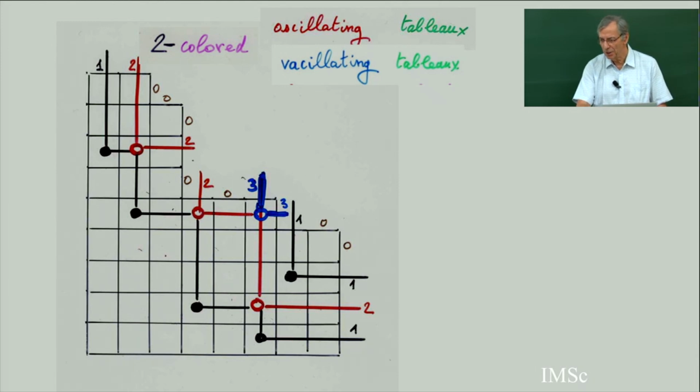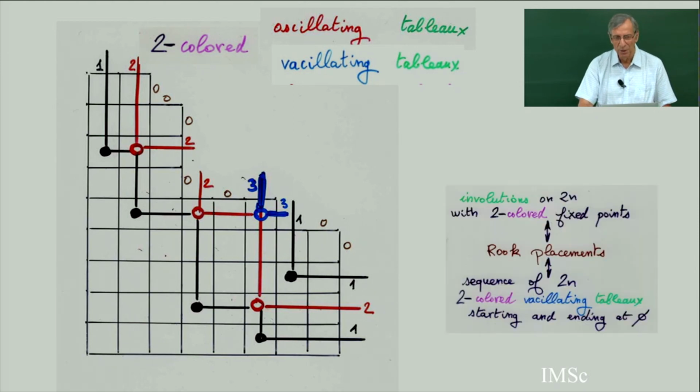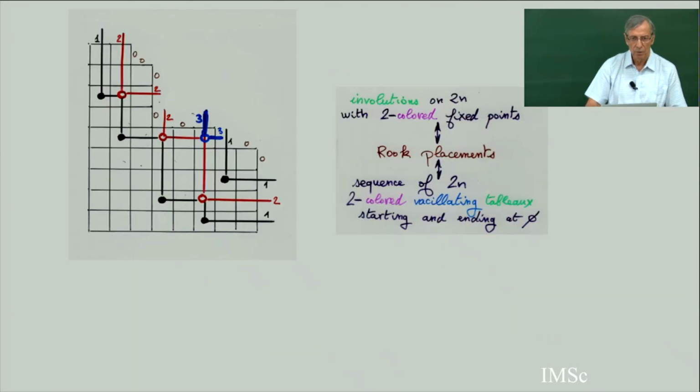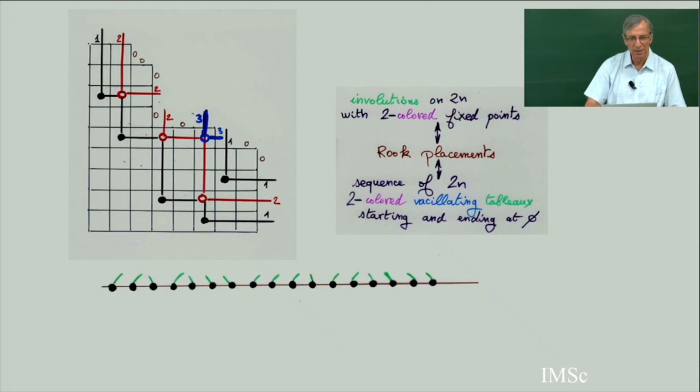And you can extend this bijection in general if there are some rows or columns which are empty. So if you take any rook placement, it is going to be in bijection with something more general than involutions. When you have a point, it means you are putting some arc, you are connecting some arc in your diagram. If there is no point, like here, 0, 0, if there is no arc at all, it means you are making a fixed point of the involution. And so the bijection is like this.